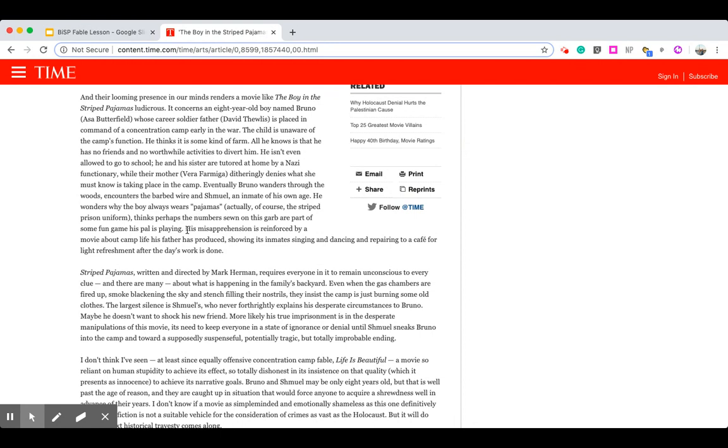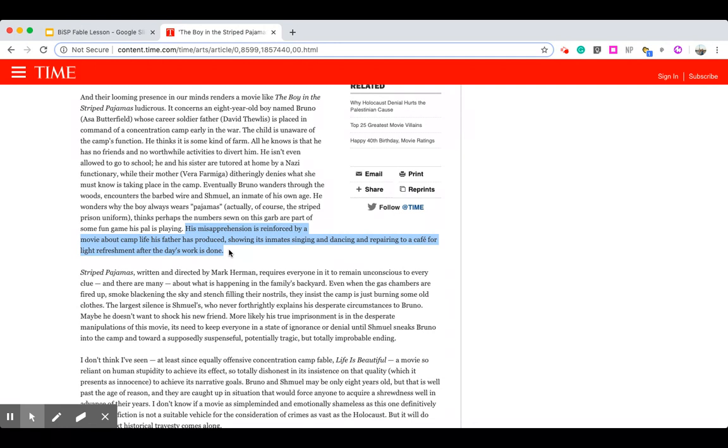Now, this is something that doesn't happen in the book. Bruno does not see a movie about the camp that his father created. In the movie, I think they do that to support the idea that Bruno really doesn't understand because people are lying to him. But essentially what happens is Bruno happens to see his father showing a movie, propaganda movie, that